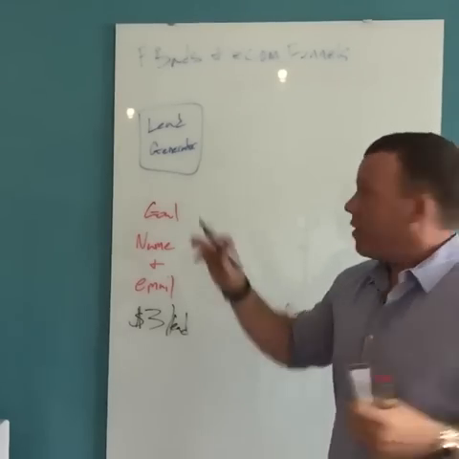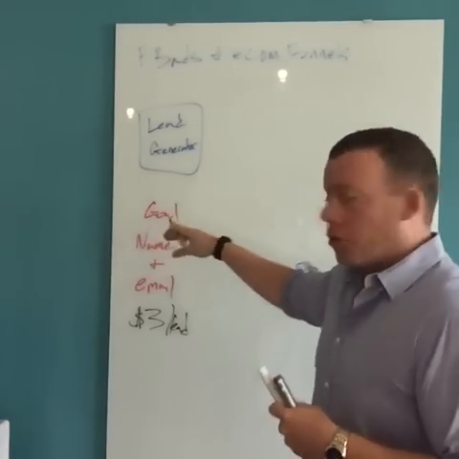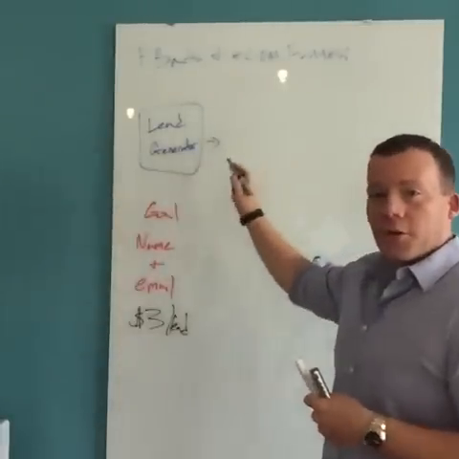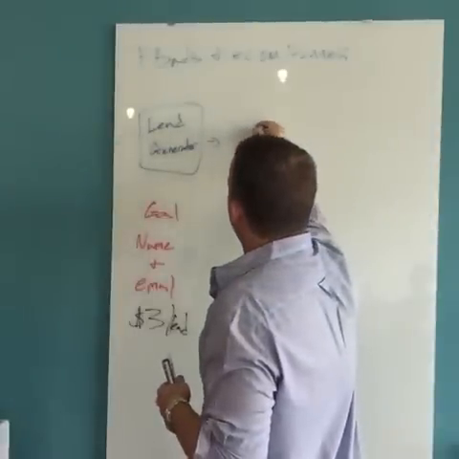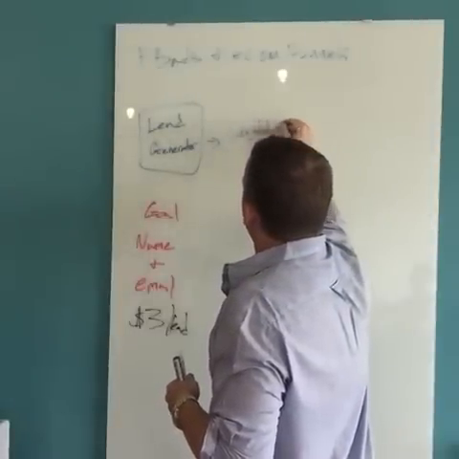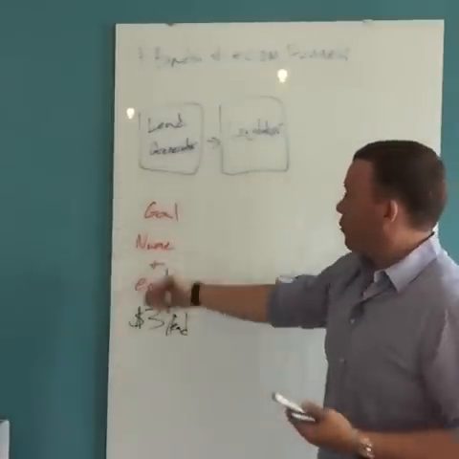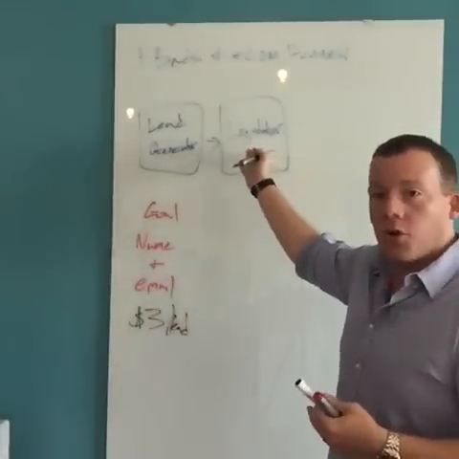So let me just show you the next step in the traditional funnel, and then again, I'll show you how this relates to e-commerce. But after the lead generator, we have what's called a liquidator. Let me write that down. So you get the lead gen, right? They enter their information, then they get sent to what's called a liquidator.